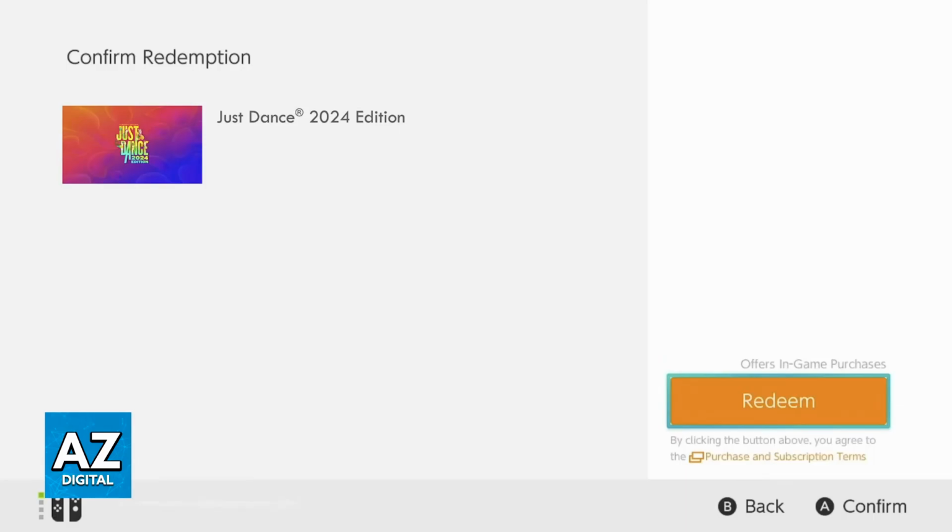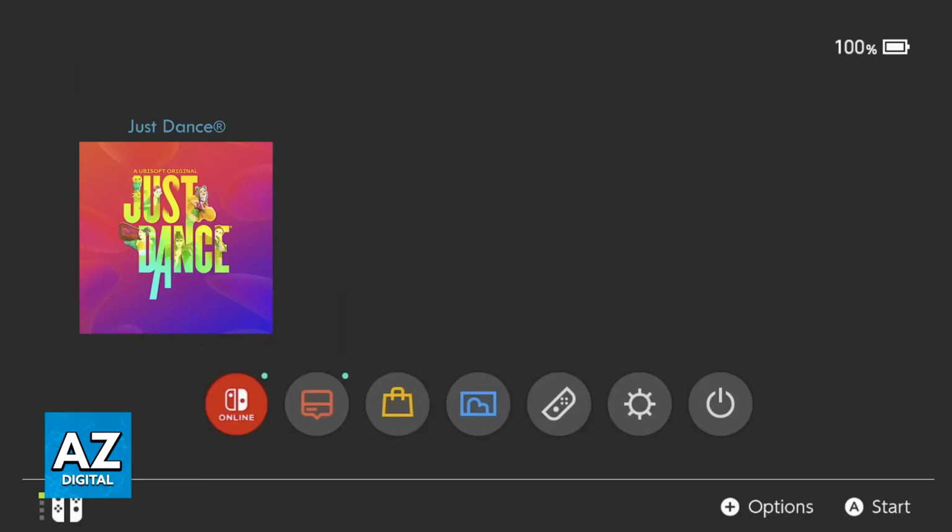You can redeem them here to the Nintendo account that you are currently signed into, and you can repeat this process as many times as you wish. As long as you enter a valid code, you are going to see the details about what you are redeeming, and it is going to be added to your account instantly. If you redeem the game, you can simply go back to the home screen and it is going to be available to download.